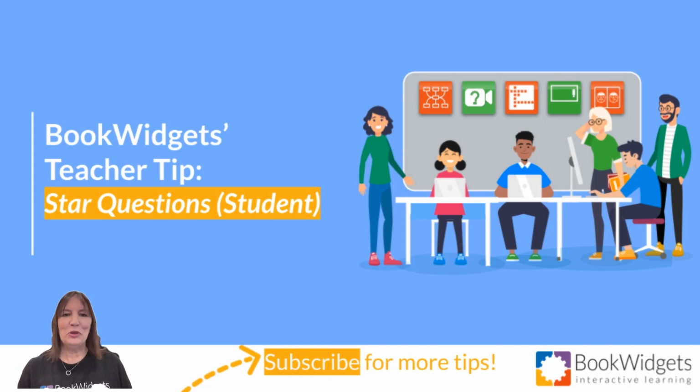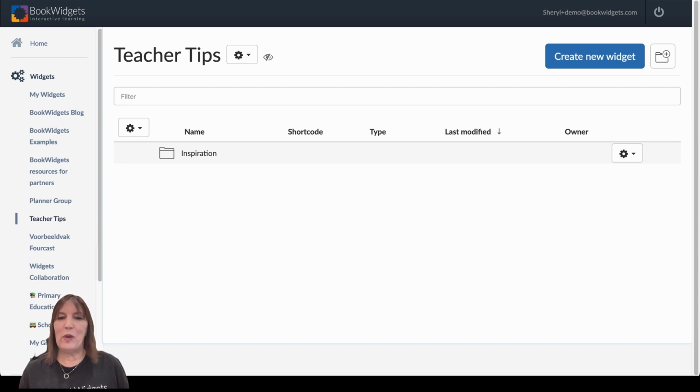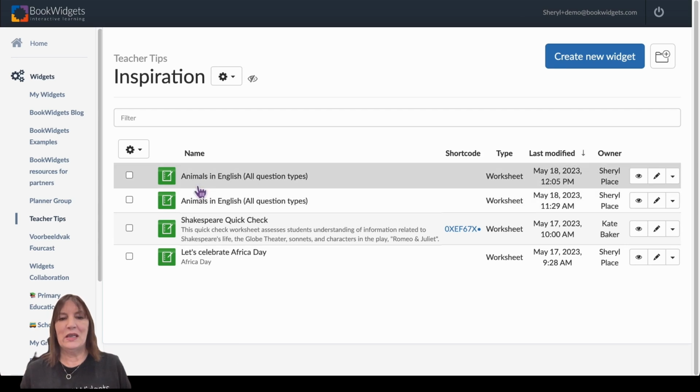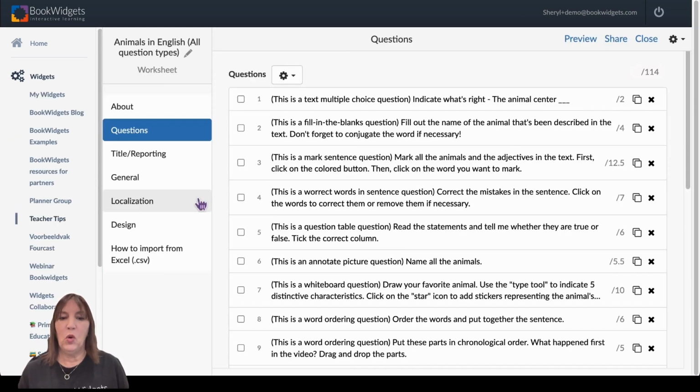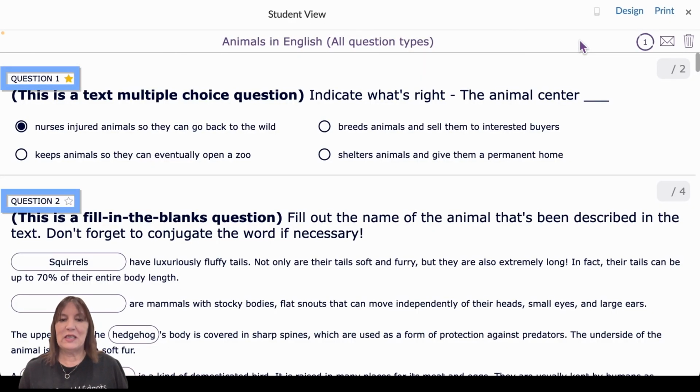My name is Cheryl from BookWidgets, and in today's teacher tip, I will show you how your students can star questions. Students will be able to activate or click a star next to a question in a quiz, worksheet, video quiz, or split worksheet. They may use this to indicate questions that they may want to return to or complete